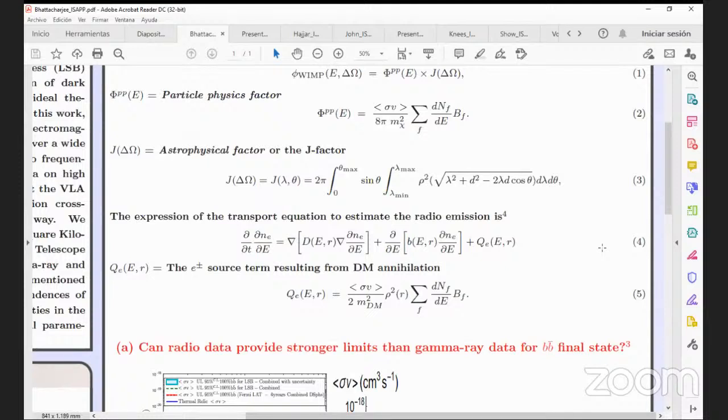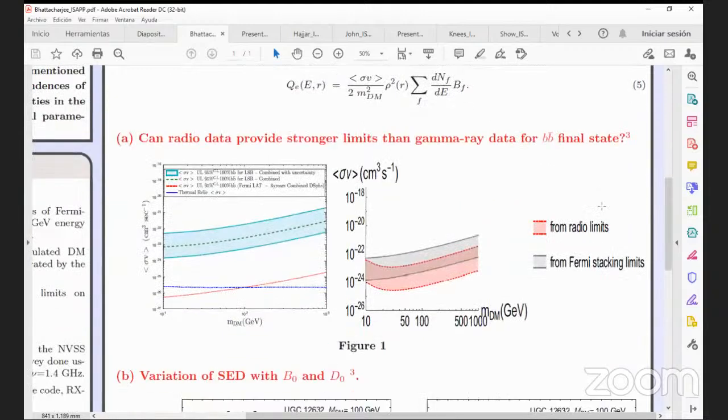For our study, we are interested in whether we can obtain any synchrotron or radio emission from the LSB galaxies. In this diffusion equation, you can see there is a Q_e term which defines the source term for the dark matter annihilation. And if you can go below to this section, yeah. So first we tried to check, from the gamma ray data, what limit we can obtain from the low surface brightness galaxies. Here I want to mention that in the case of low surface brightness galaxies, there is one disadvantage. I mean, they